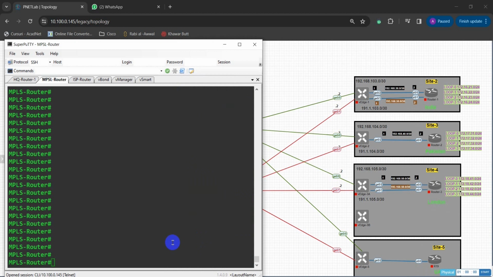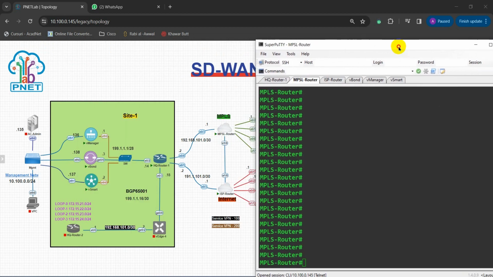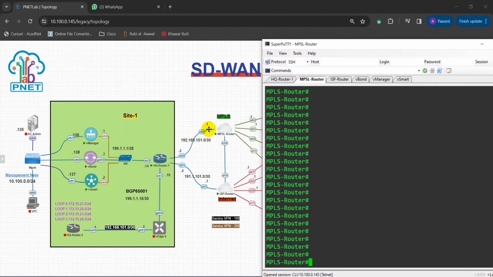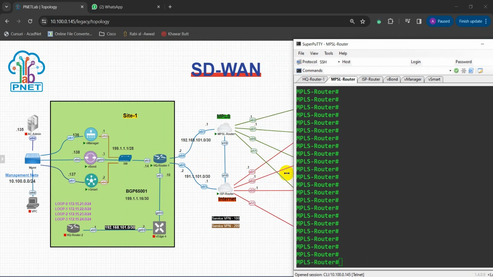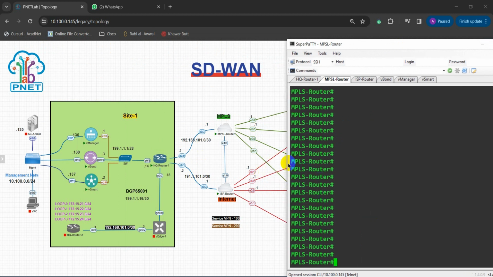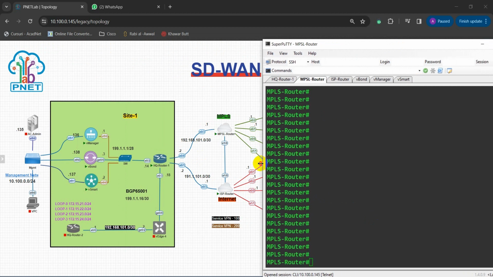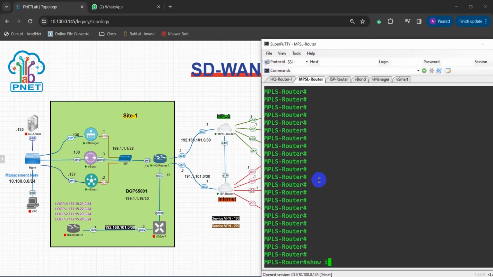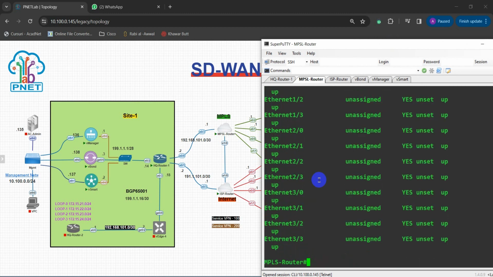Right, gentlemen, I have configured all of these interfaces. So now we have all of these interfaces configured, and this connectivity we have established already checked. So if I quickly show you these interfaces, show IP interface brief, and if I select exclude unassigned,